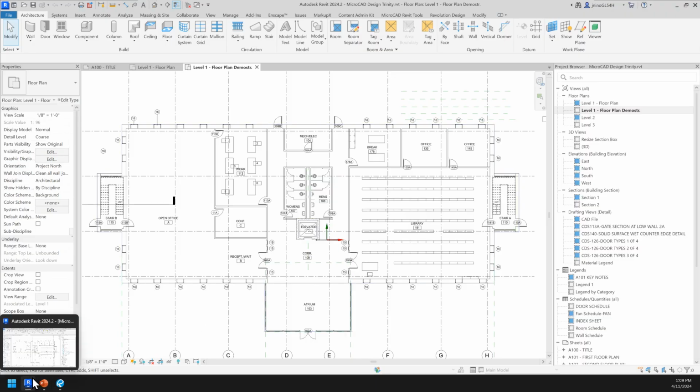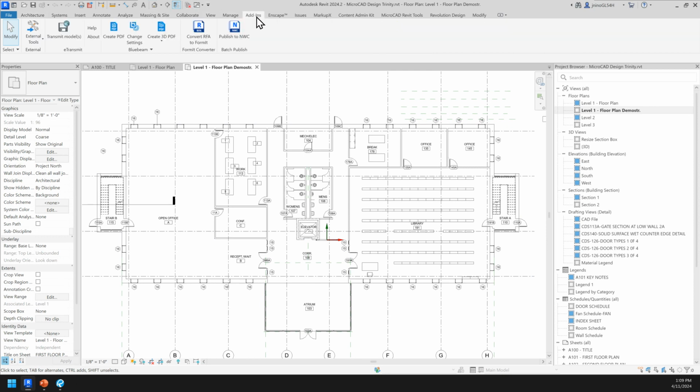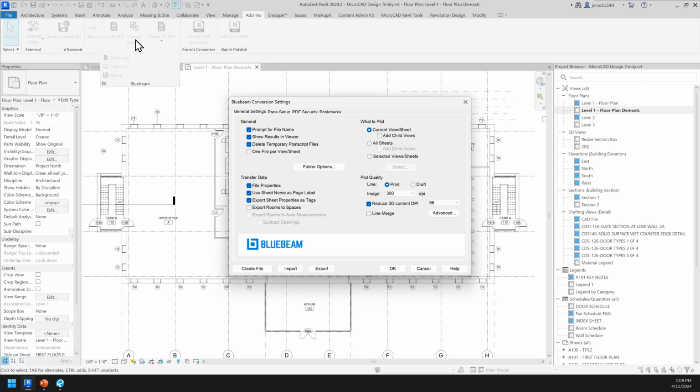So if you have paid attention before, right here in the add-ins section of my Revit, I'm going to be able to find a quick setting to modify or edit or create PDF of Revit. Now, why am I sharing this with you? Because as part of the options and tools and settings that I'm going to be able to add and modify right here in Revit when printing and converting to Bluebeam, I'm going to have nice integration, such as export the rooms that I have from my Revit file to send it to spaces